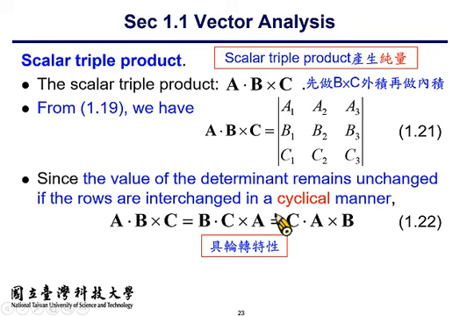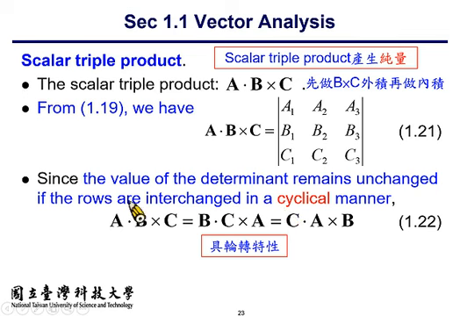Not cylindrical manner, 讲错了, cyclic manner, 轮转的特性，也就是说 A 点 B cross C 等于 B 点 C cross A 等于 C 点 A cross B，所以这是向量运算的一些小技巧。那虽然说看起来它没有直接的跟电磁学的关系哈，但是我们后面在一些电磁理论的重要关系式的推导里头会用到这一个轮转的特性哈，像 scalar triple product 的这个 cyclic manner，所以还是稍微看一下，了解有这样的特性存在。So the result is the determinant form remains unchanged if